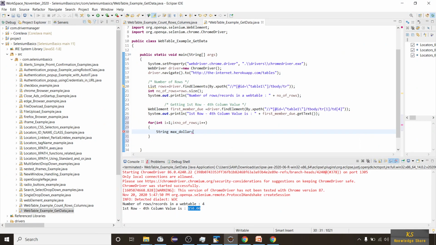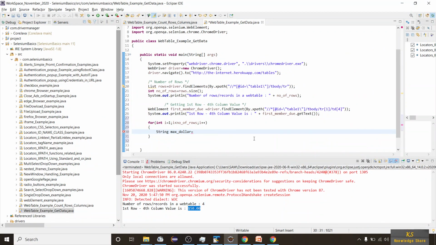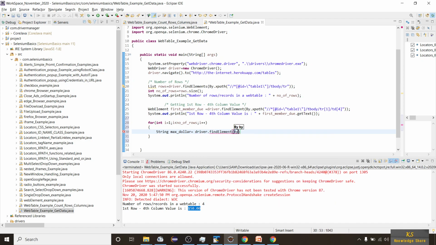So that's the reason we have taken a loop here, and we will consider the same XPath, but we will just modify the value of i here. Let me show you how we do that. driver.findElement(By.xpath(...)). So we have written an expression here, and if you observe this expression, tr of 1, right? So we are not going to hard code.